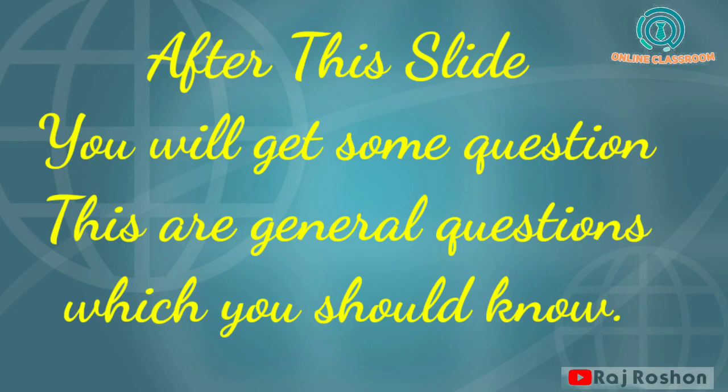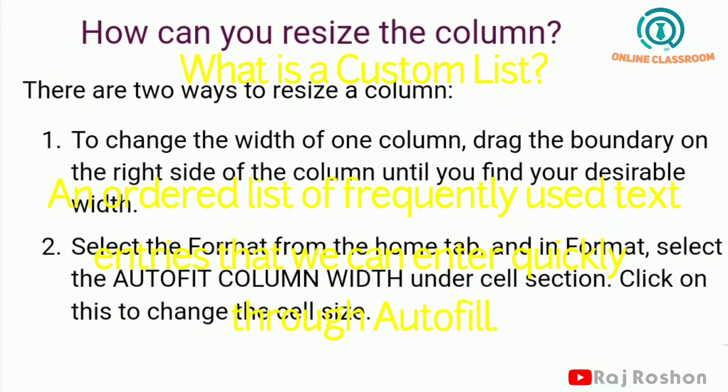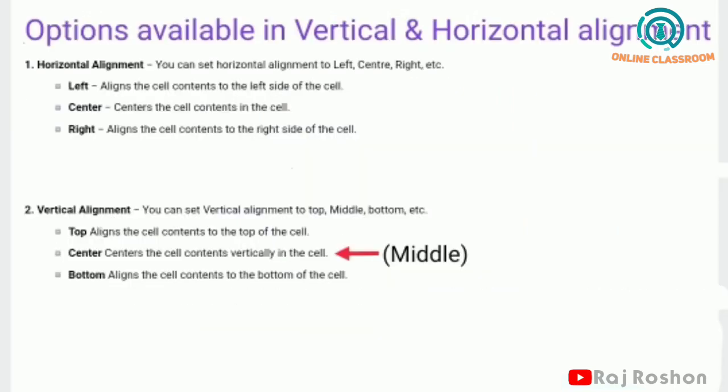After this slide you will get some questions. These questions will be general questions as well as some textual questions. You can take help of these answers and answer your textual questions. Okay, so on page number 127, custom list is given but the definition is not given there. So you take help of this, and then there are two ways to add a list of items to a custom list. It is given in your book, you read. Okay, next these questions are there, you just go through.